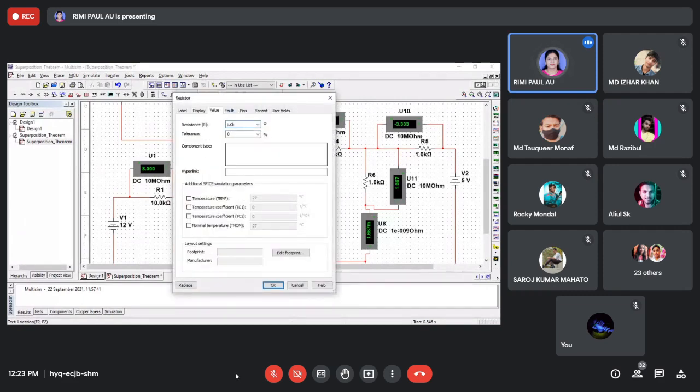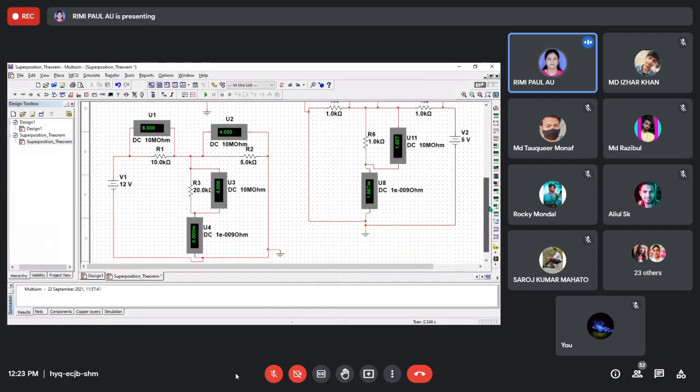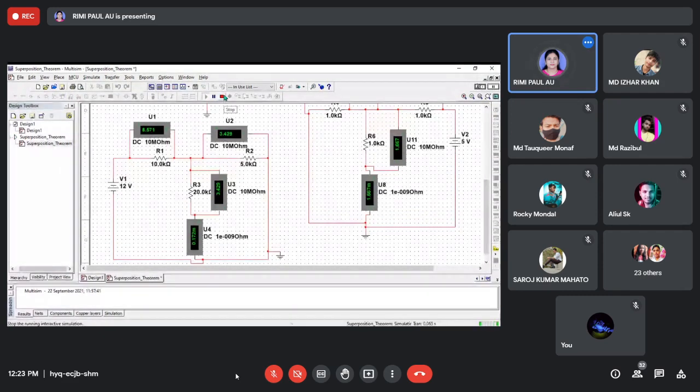This is 20 kilo ohm. So now the same thing, we are measuring the voltage across this, voltage across this, voltage across this, and the current through this branch. Now I can stop it.